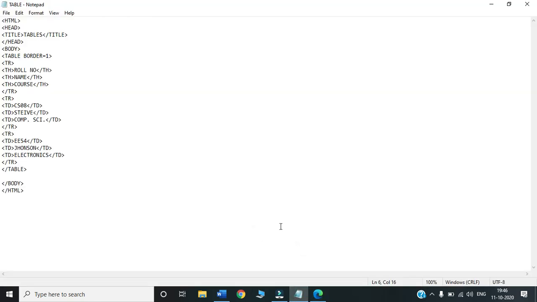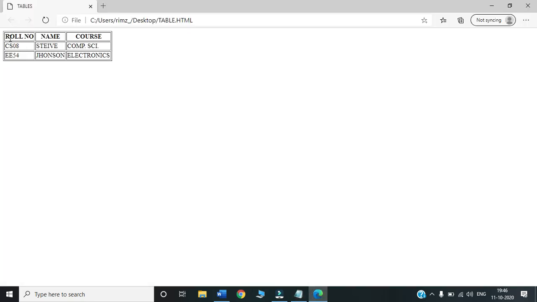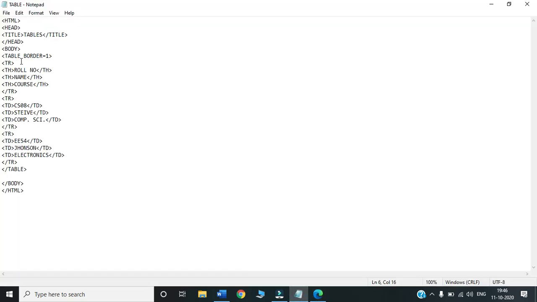Next point, as we can see, this table has no name displayed. If I want to display a name for the table, then just after the table tag, we will use a tag called caption.